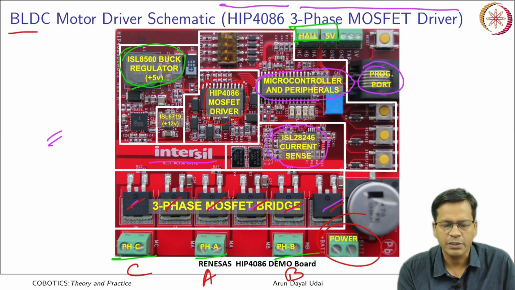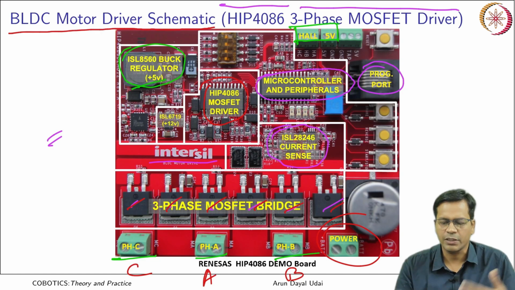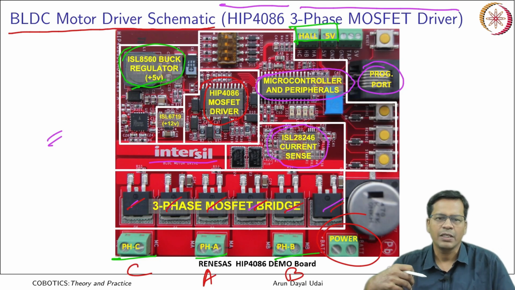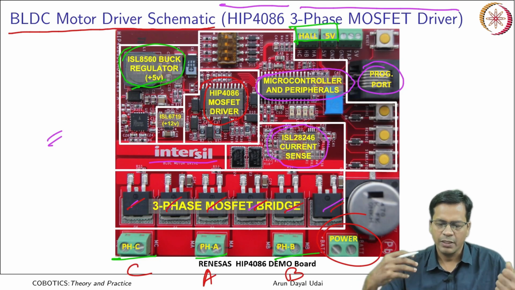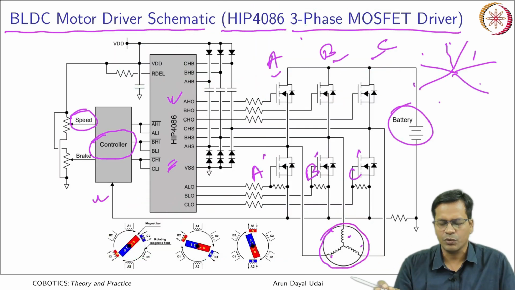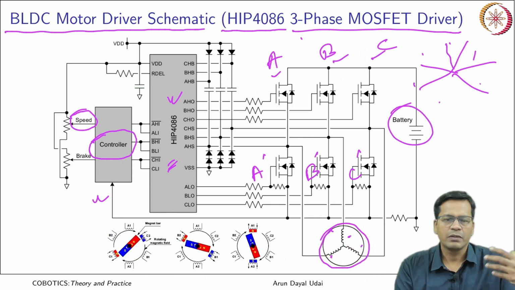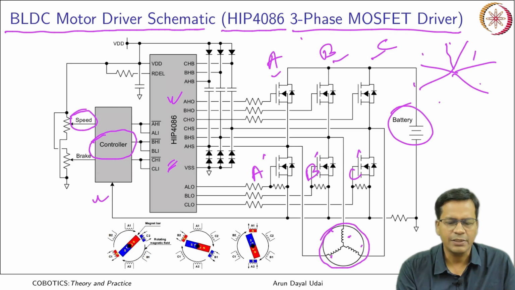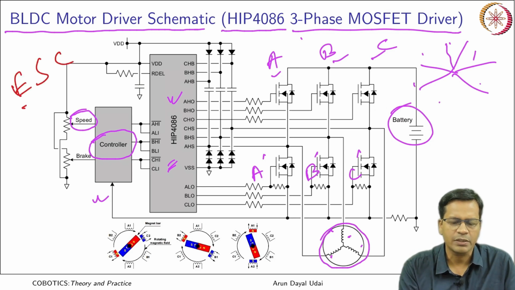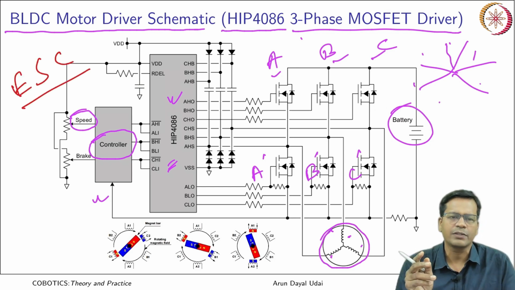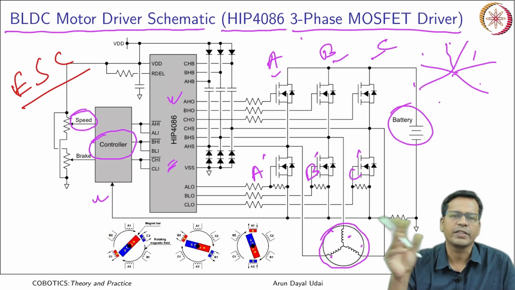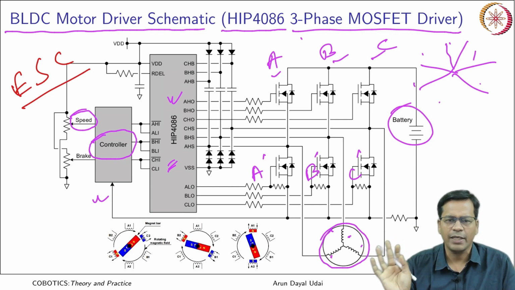So the whole of that implementation that I showed here is made here, and ultimately you get your BLDC motor driver. This is a closed loop operation because it also uses the Hall effect sensor as a position feedback. It can also run the way it is used in quad rotors, where there is no feedback kind of BLDC motor drive. Those are known as ESCs, electronic speed controllers. They have just 3 wires to trigger the 3 phases, that's all. It doesn't have feedback from the Hall effect sensor.